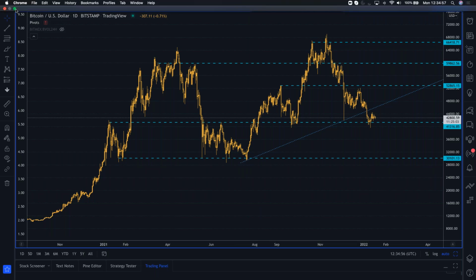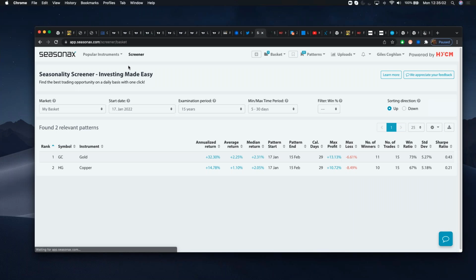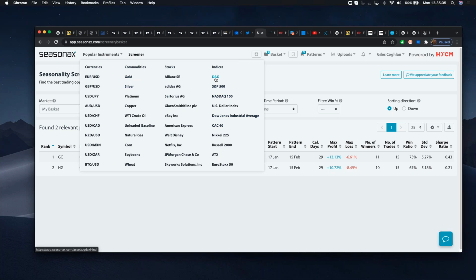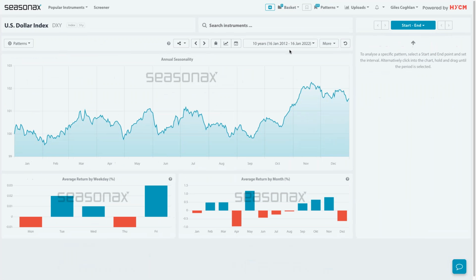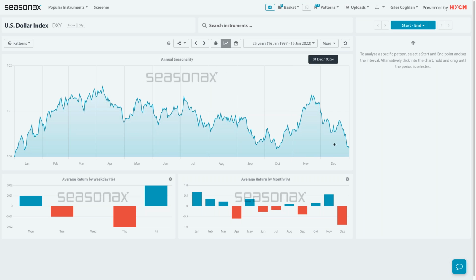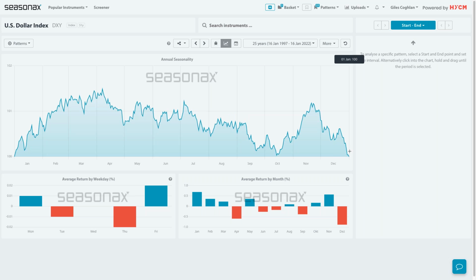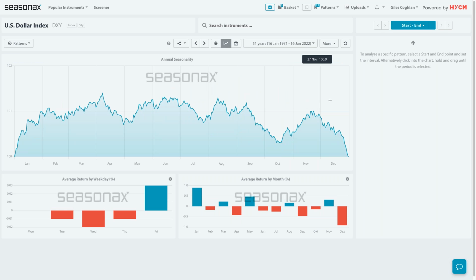If you remember as well, around the start of the year, there are some very particular seasonal perspectives. Now, if we just take a look here, I want to show you the dollar. You'll see that the dollar index tends to, around the start of the year, let's go over 25 years. What do you see? Well, you see that the dollar index moves lower at the end of the year and sharply higher at the beginning of the year. And that happens week in, week out, as a general rule.